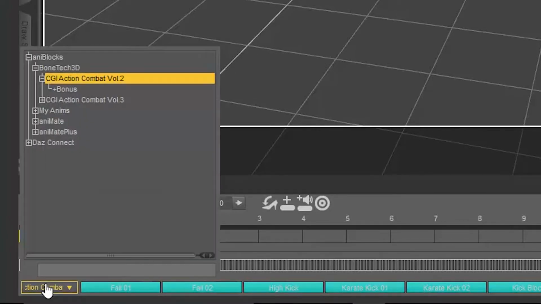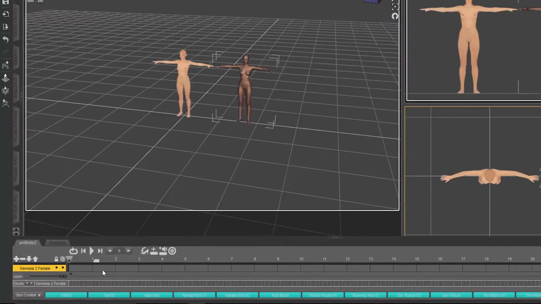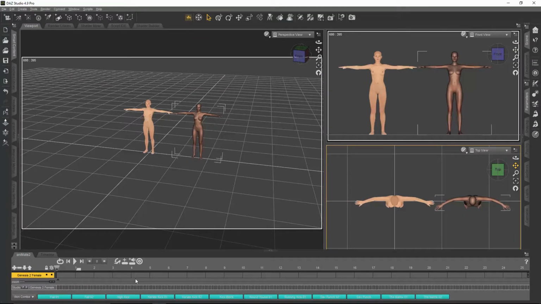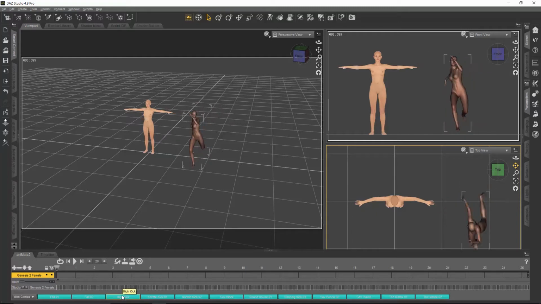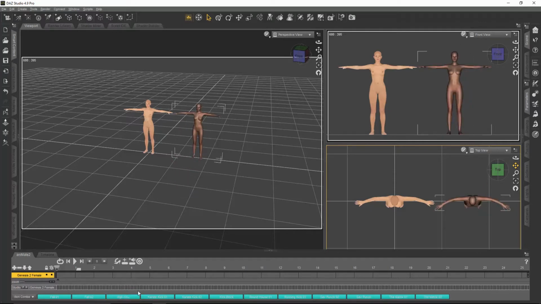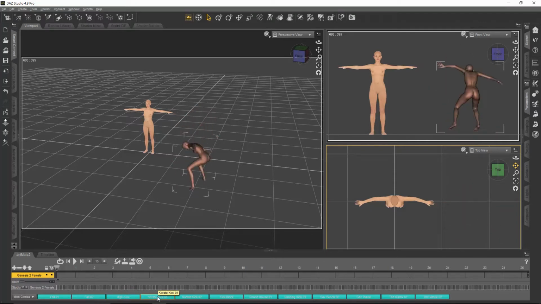I have these mocap files, these Anyblocks, loaded in. Okay, so watch what happens when I hover over the high kick Anyblock when I have the Genesis 2 female selected. Seems to be working just fine. And this is actually one of the animations that I did use in the final. The second animation I ended up using was the Karate Kick 01.